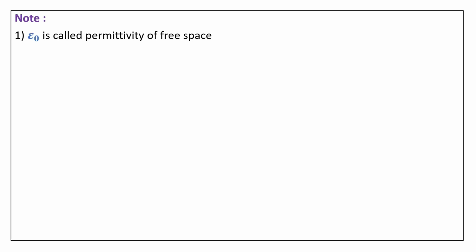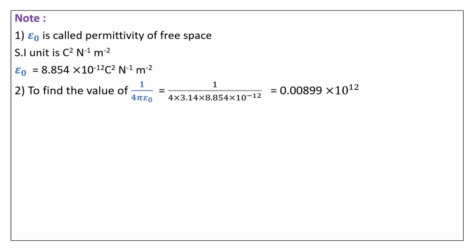Note 1. ε₀ is called the permittivity of free space. Its SI unit is C² N⁻¹ m⁻². The value of ε₀ is 8.854 × 10⁻¹² C² per N per m². 2. To find the value of K, that is 1/(4πε₀), substitute the values,